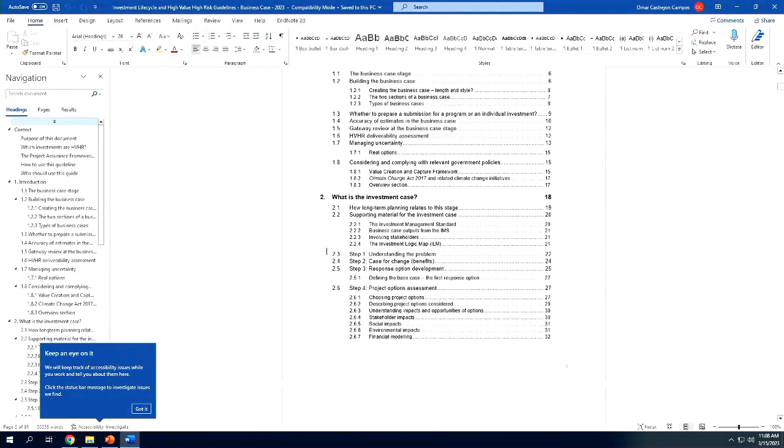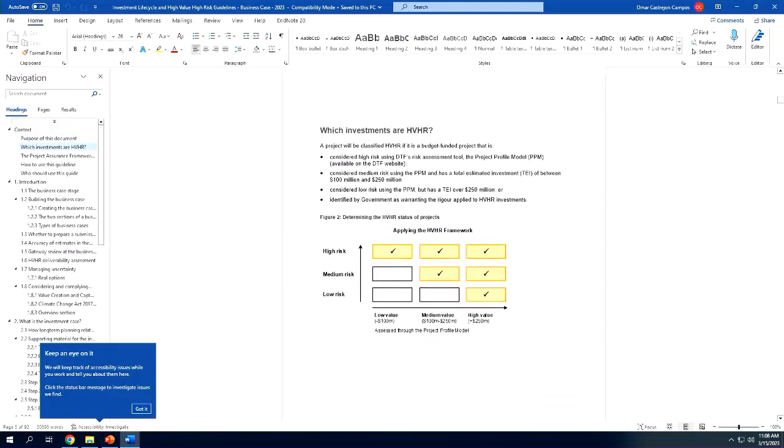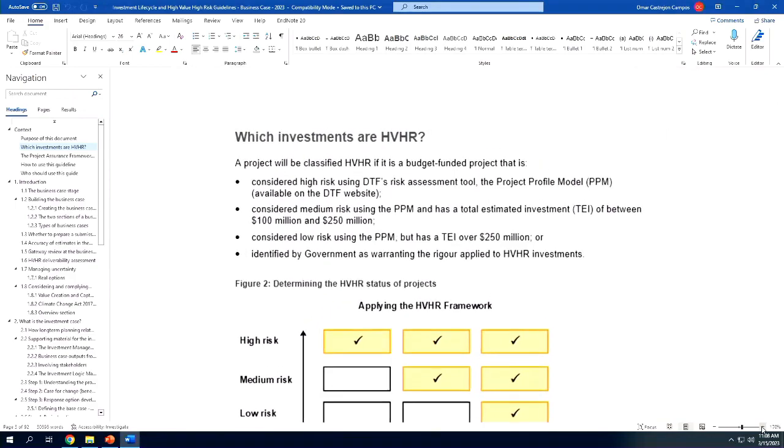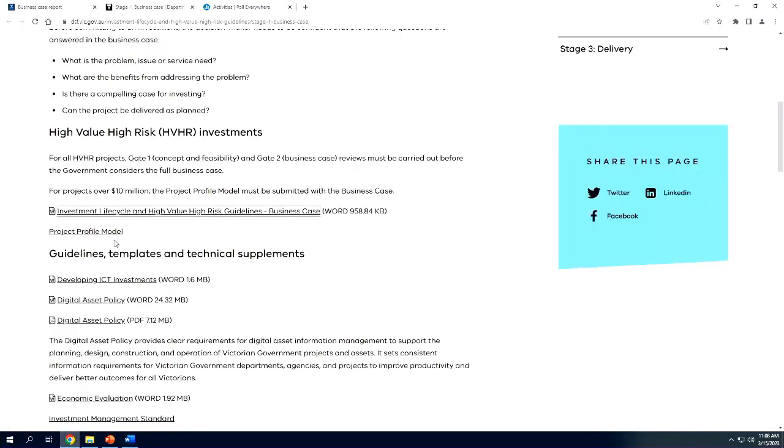here you are going to have an explanation about what is high risk, high value projects. Here is just a brief representation of what is considered as high value, high risk projects. Here you can see that they have a tool that evaluates the risk. This is a tool that you can find on the web page, the project profile model. And basically, if you go to this link, they are going to ask you a few questions about